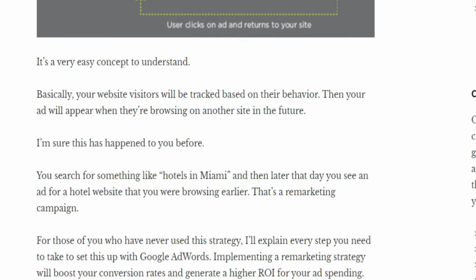It's a very easy concept to understand. Basically, your website visitor will be tracked based on their behavior. Then your ad will appear when they are browsing on another site in the future. I am sure this has happened to you before.